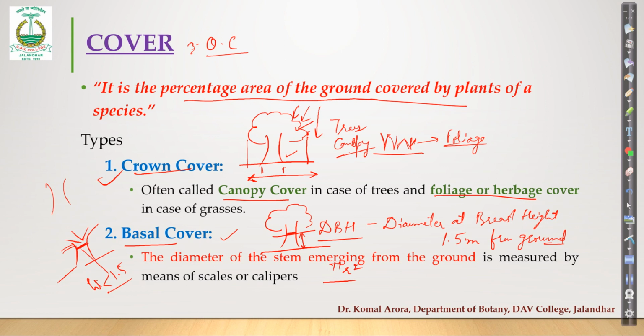Imagine a 3D structure in which the canopy towards one side is more, towards the other side it is very less. Okay, you must have seen the plants where the canopy extent varies along different directions. Then how to measure the canopy cover? In those cases we have to take the vertical projections of the canopy along all directions. Then you will find the vertical projections towards various directions, and from the base you will find the area covered on the ground.